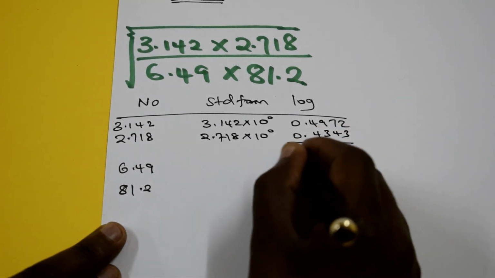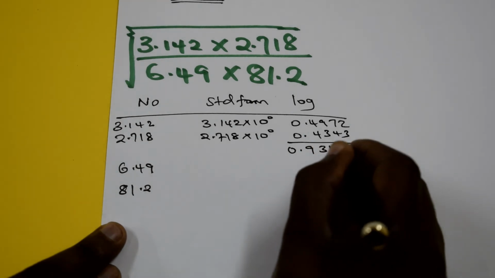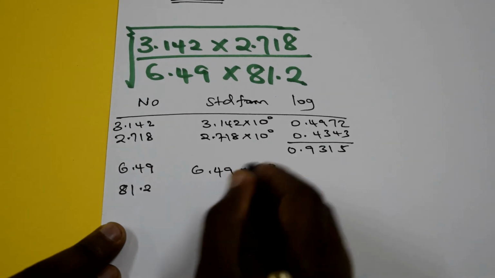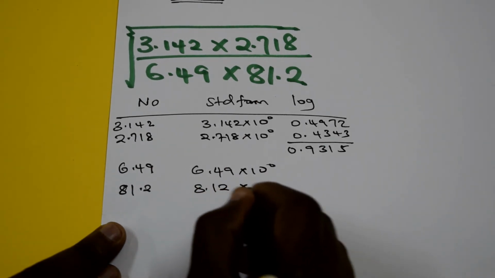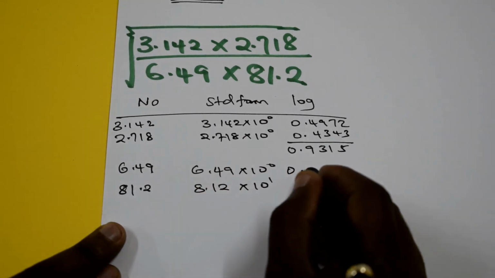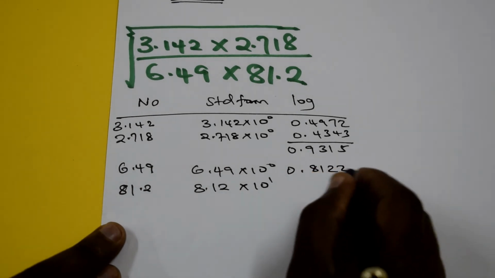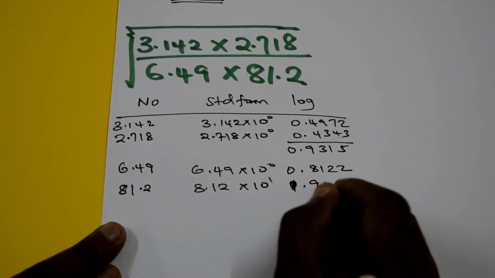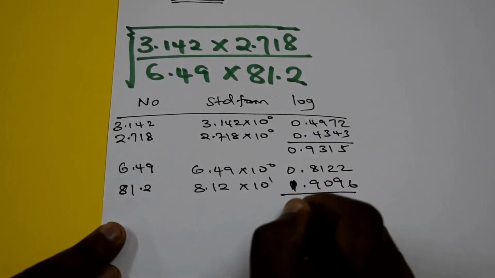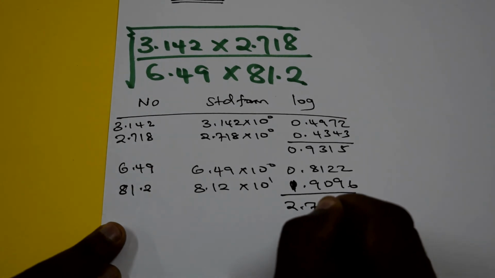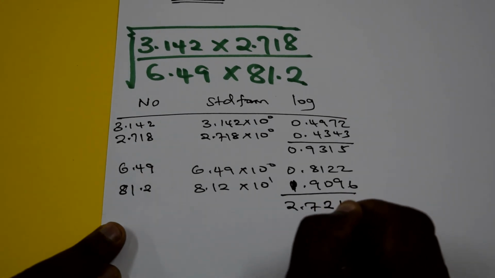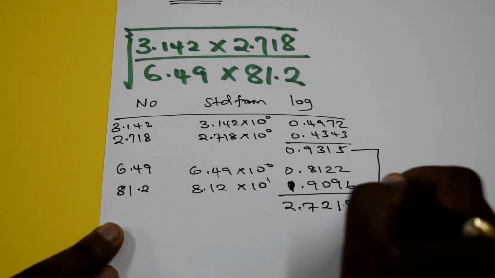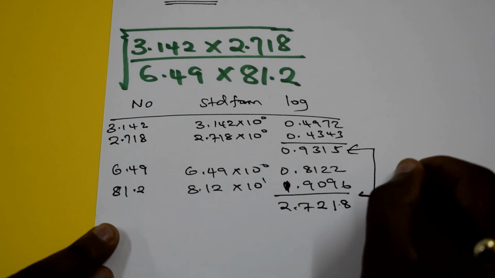After addition, 0.9315, and you have 6.49 times 10 power 0, 8.12 times 10 power 1, 0.8122, 1.9096, and after addition we got 2.7218. So we also subtracted this one, and from the logs we are able to get this one as